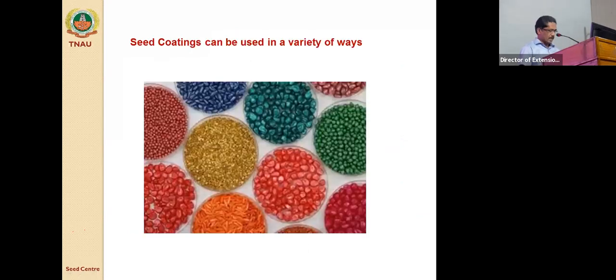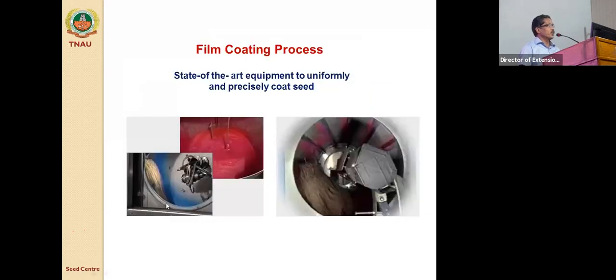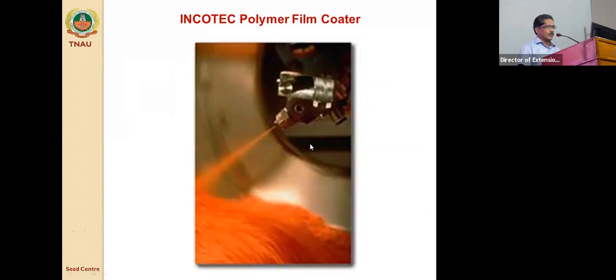And we can use different methods of seed coating. Say this is film coating. Seed coating polymers are available. We can add polymer along with the seeds and just rotate the drum. Seed coating machines are available, both manual coating as well as mechanized coating. So that will form the seed coating.